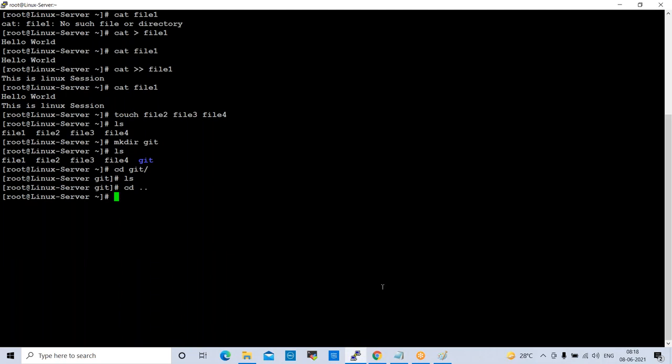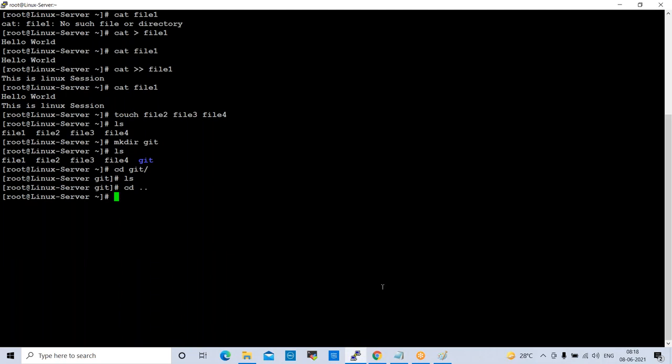Okay. Now what I will do, I want to copy some files into git directory. So these are the very basic things. So freshers, we are focusing on freshers. So freshers, non-IT guys, you can concentrate on this. Whoever are working people, Linux admins, they can understand. They will get bored. Okay, don't worry. So we need to focus on all the people, right? So that is why very basic commands also we are discussing here, right?